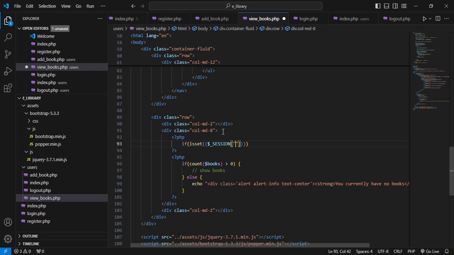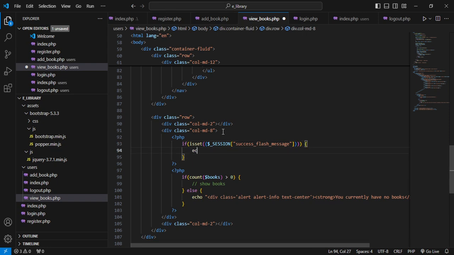So we're going to check if there is a success message, the success flash message. We're going to show it to the user, okay? So we're going to say echo, and then we're going to use div, and we'll say class alert success,